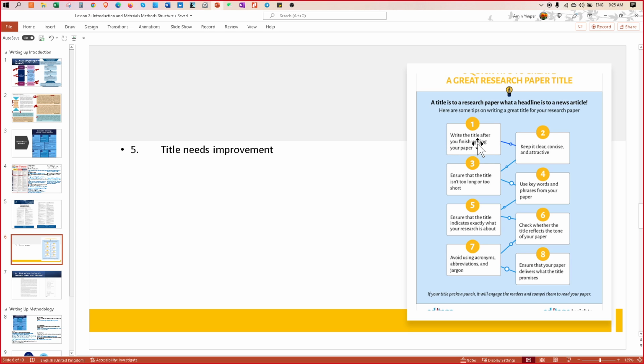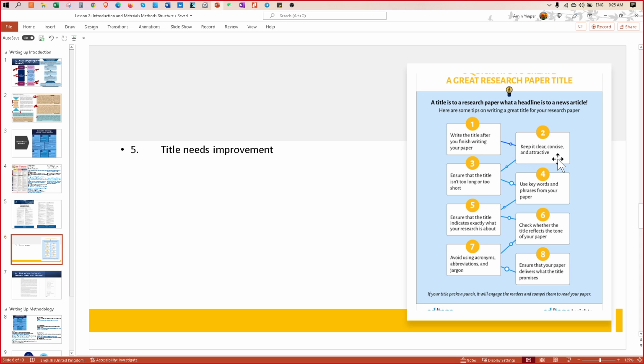Actually, you write the title after you are done, but you have the title in your head all the time. I'm talking about how to keep the title in your head so that you are well guided. Because along the way your experiments can change, things might not go as planned, so definitely your title is going to change many times throughout the course of your experiment.